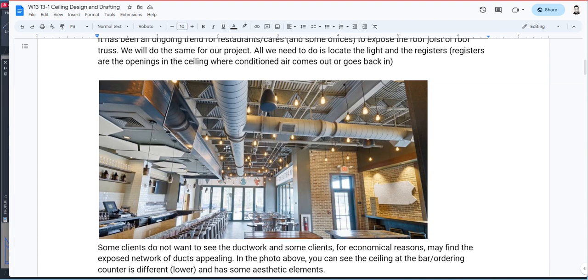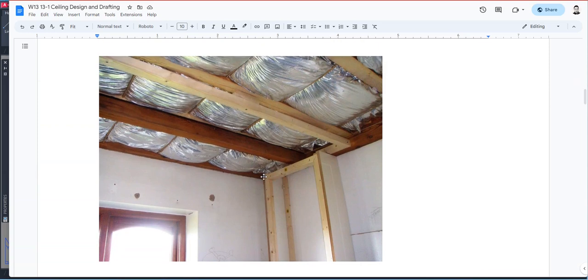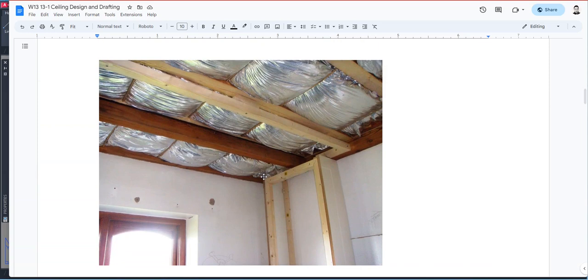Okay. You can also see here that majority of the ceiling is exposed, but when it comes to the bar area or the ordering area, they have dropped the ceiling and have put in some aesthetic paneling to make it more interesting. Okay, so when you expose a joist or rafters, you might run into a problem on